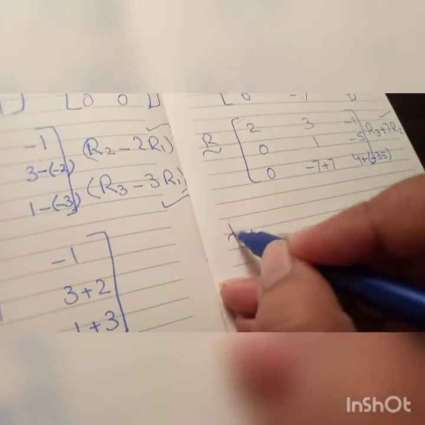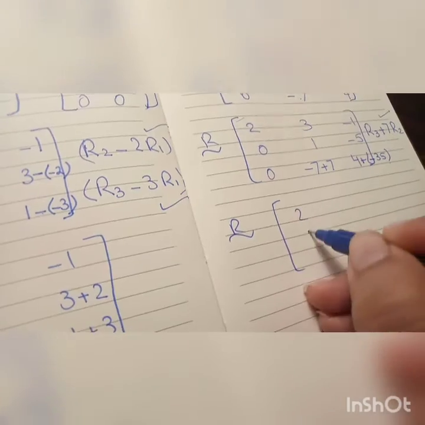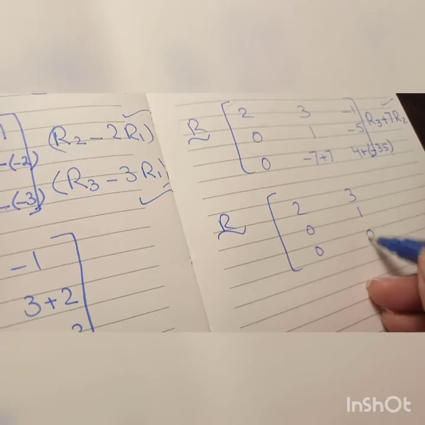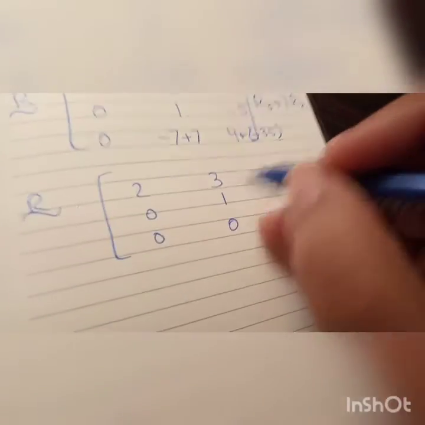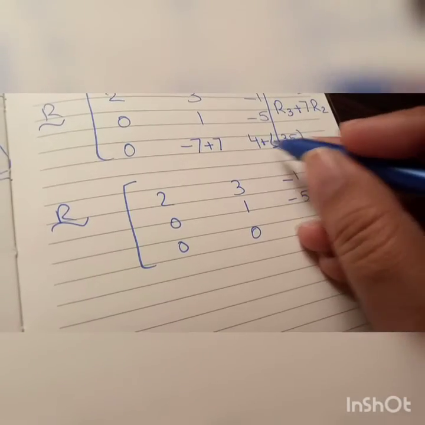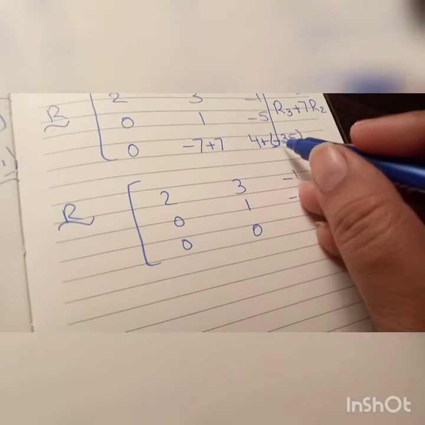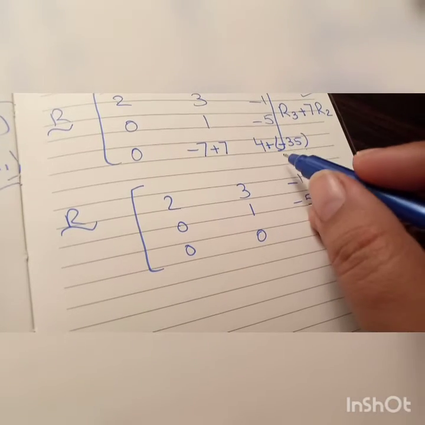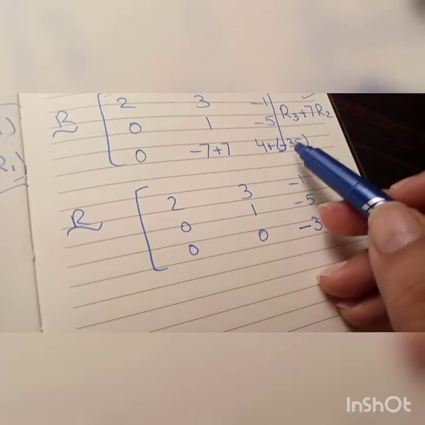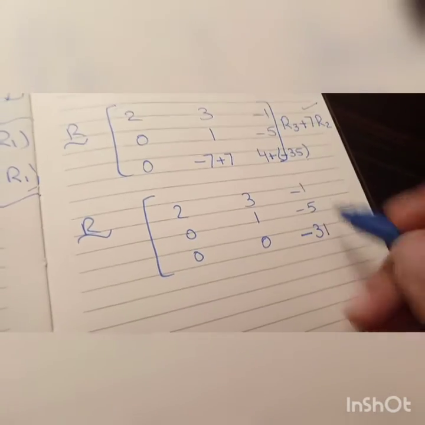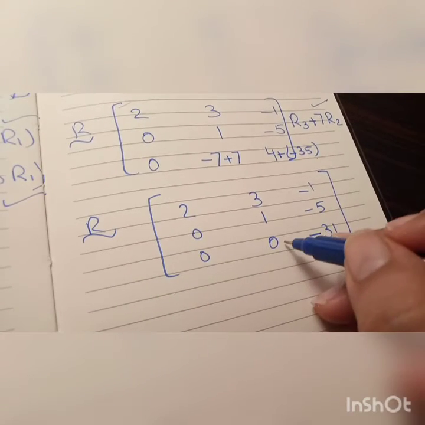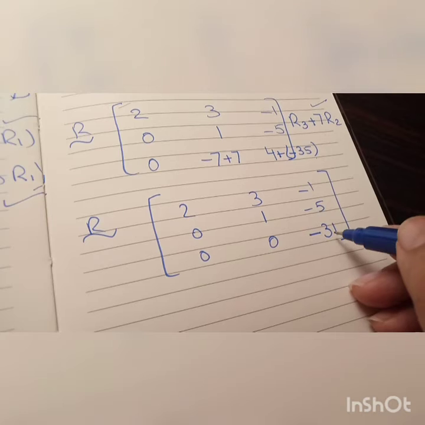Let's simplify it. -7 and +7 gives us 0. -1, -5, and by simplifying this one, 4 plus minus is a negative sign, so 4 minus 35 gives us -31. As we have to follow the integer sign rule, a negative number will appear here. Done. After this, now this is 0, we need to make this 31